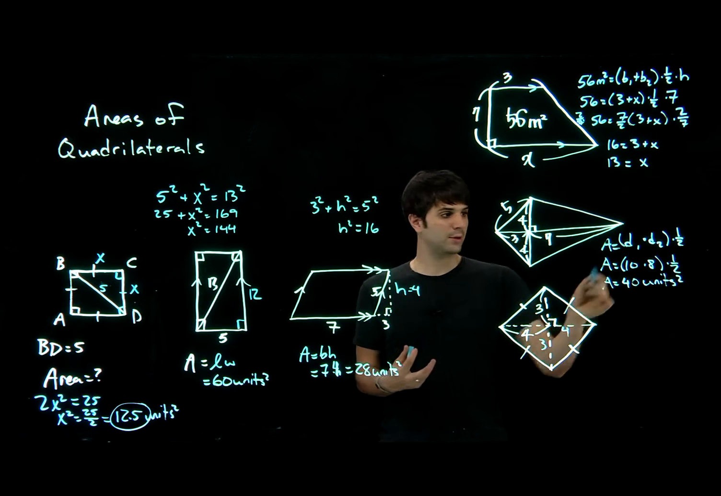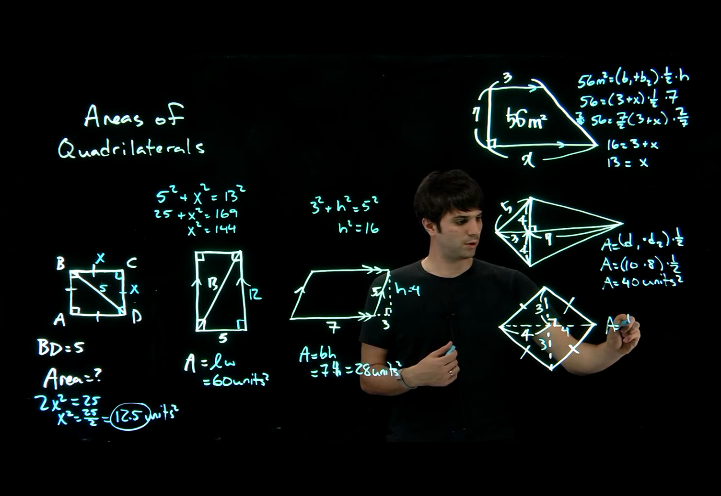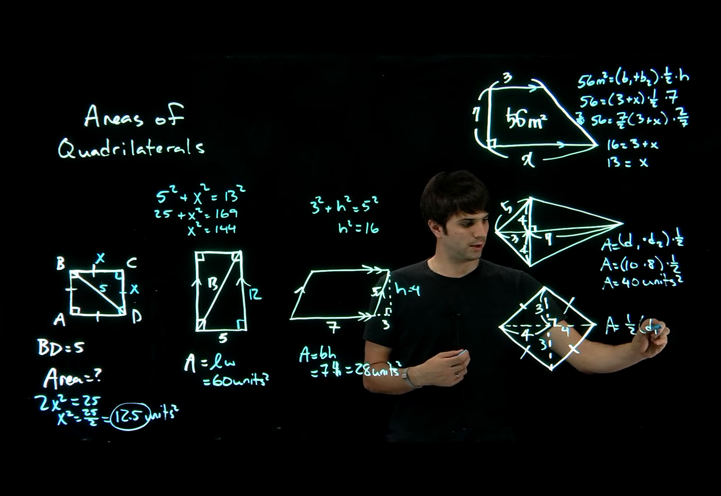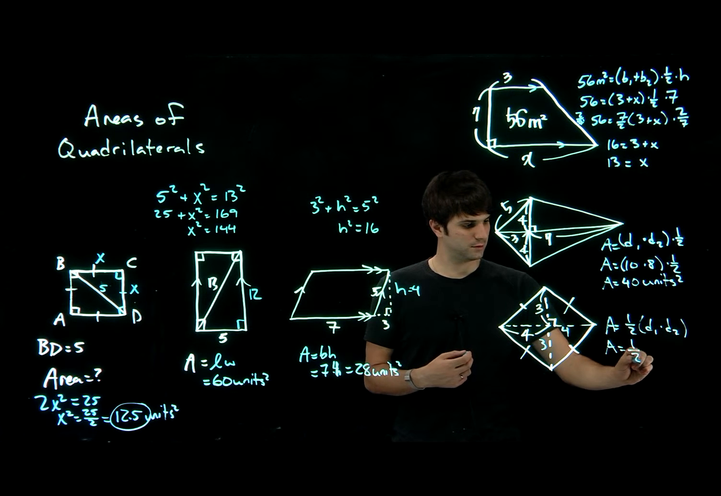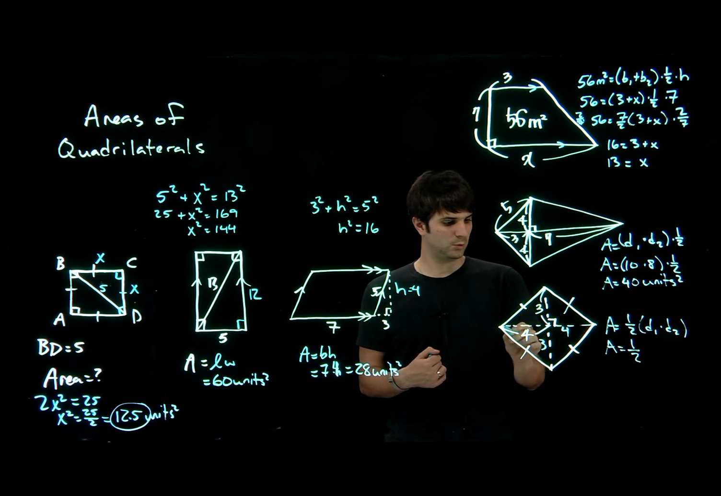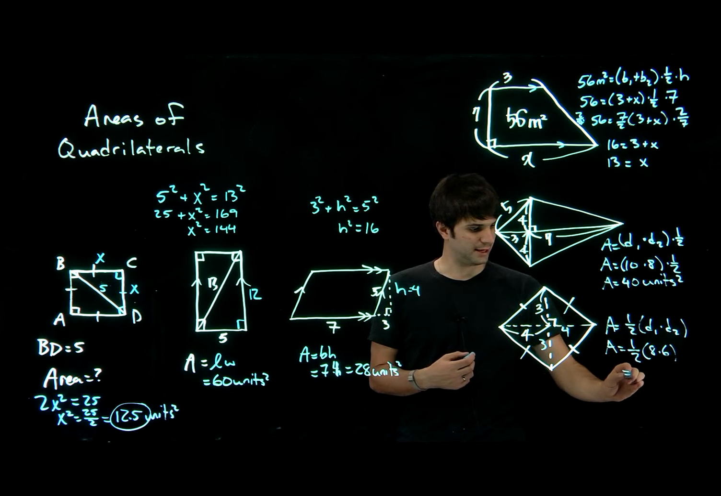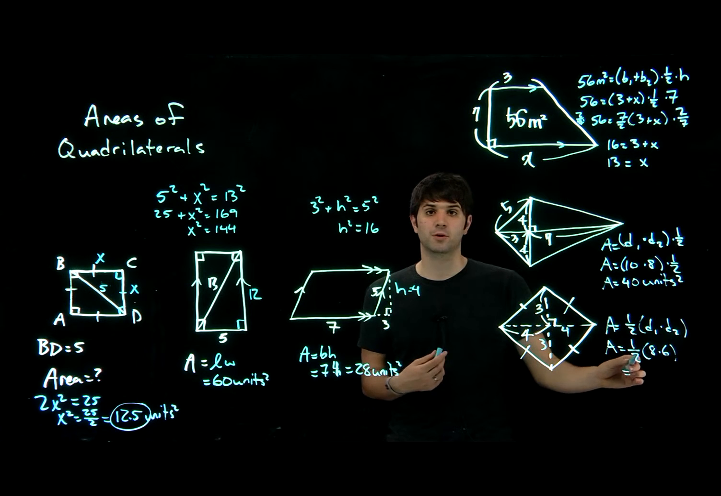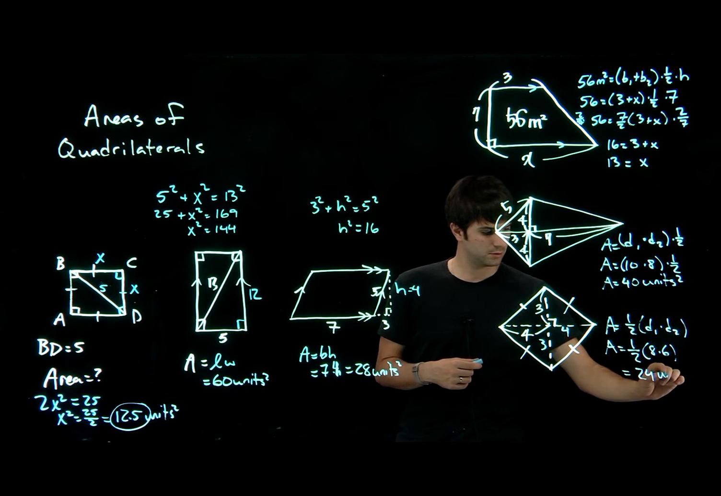Okay, with that, we can use the same formula. Area equals 1/2 d1 times d2. So area equals 1/2 times d1, which is 8, times 6, and that equals, 8 times 6 is 48. Half of 48 is 24 units